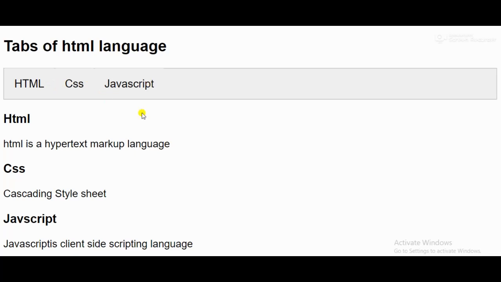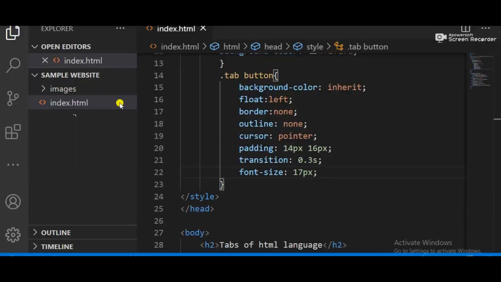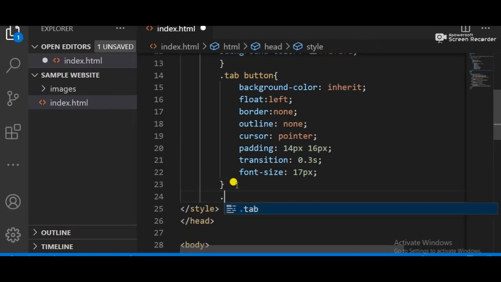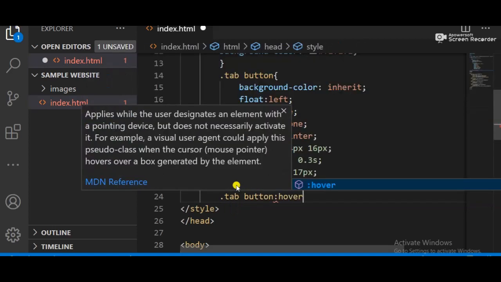Okay, so we have to apply another kind of code. So what should we do? We just need to add another specific CSS, .tab. And in this tab we have a button, and the button should have a pseudo class. Pseudo class means that when you move your mouse cursor onto the entire button, it triggers and shows something in different colors.